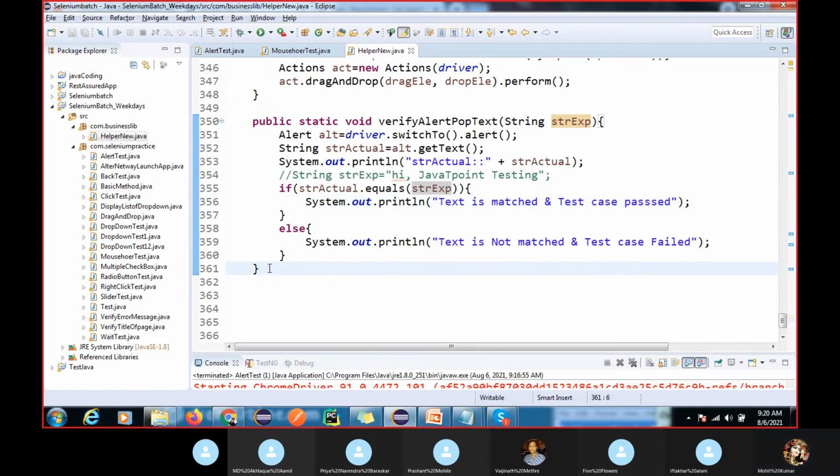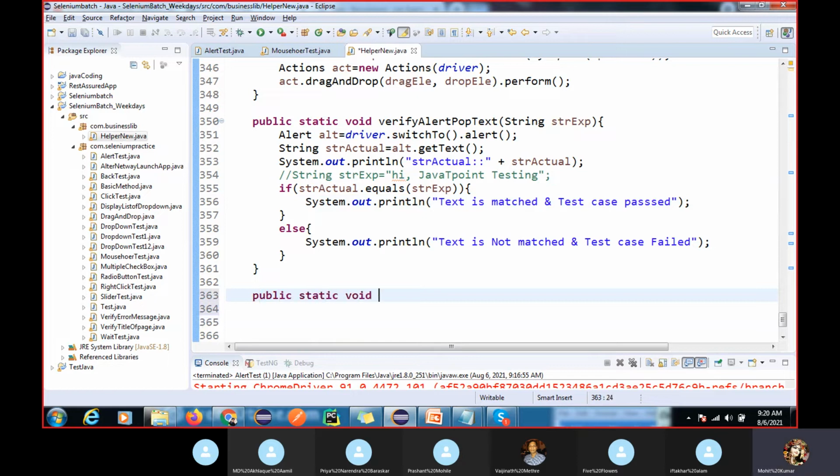Sorry, and we have to write public static void click on alert. What can we write as the method name?